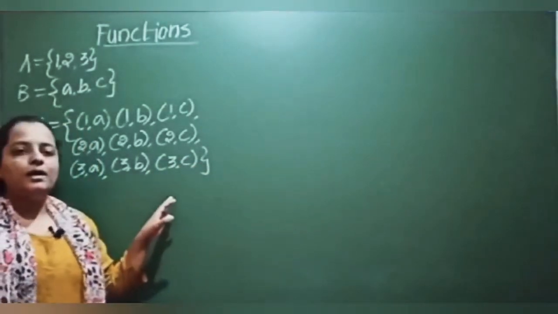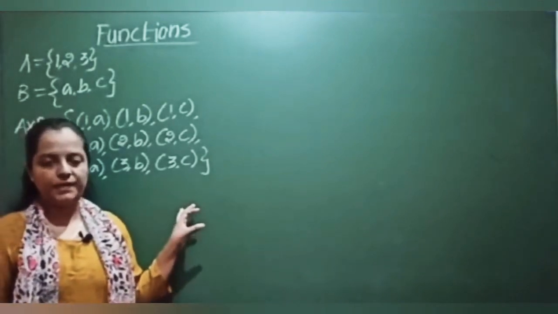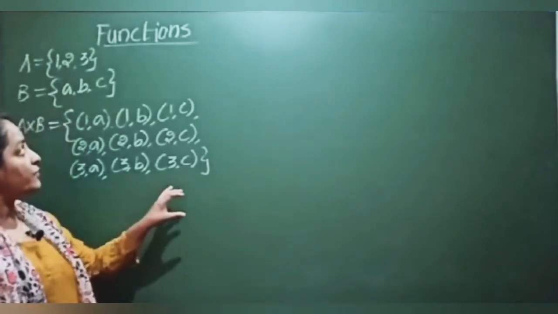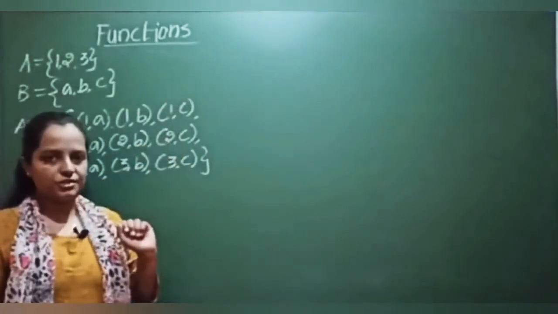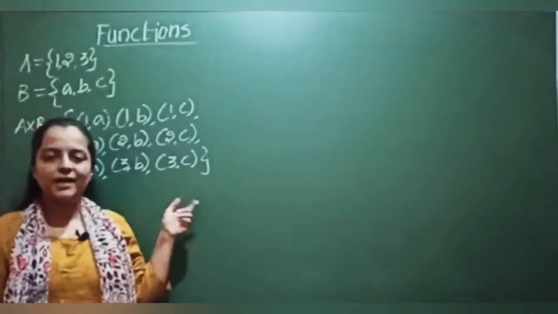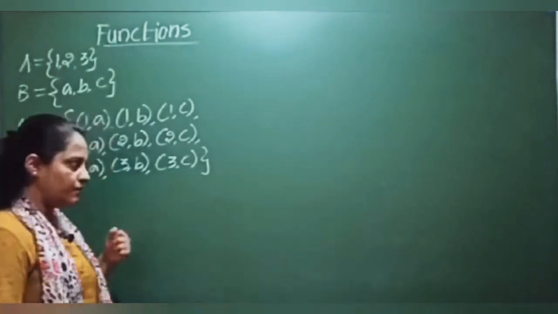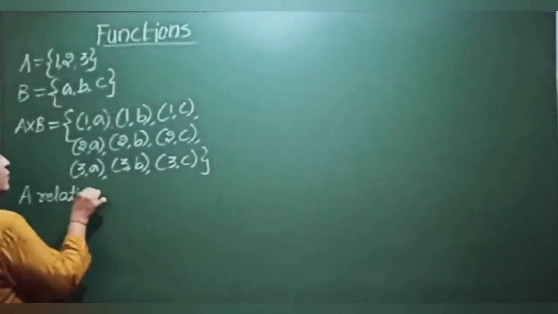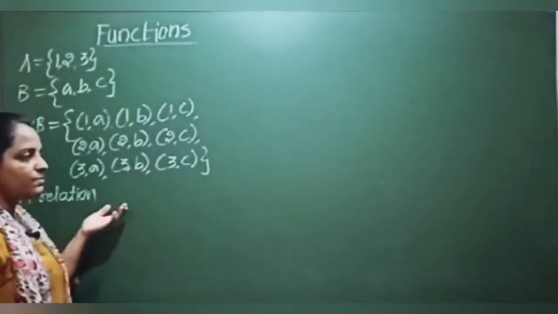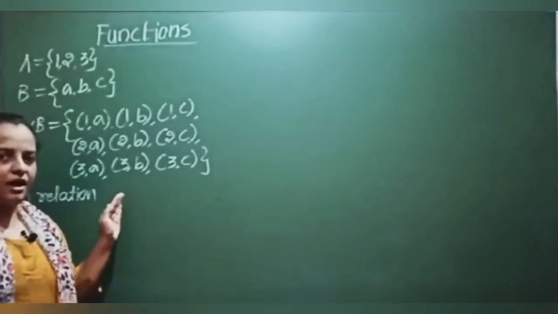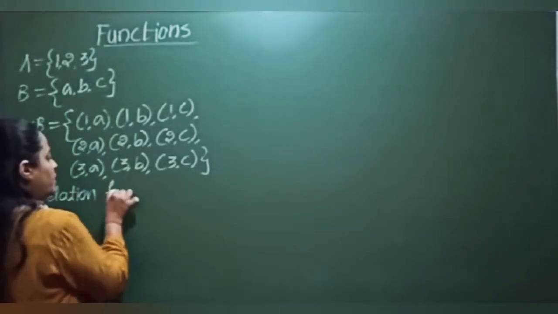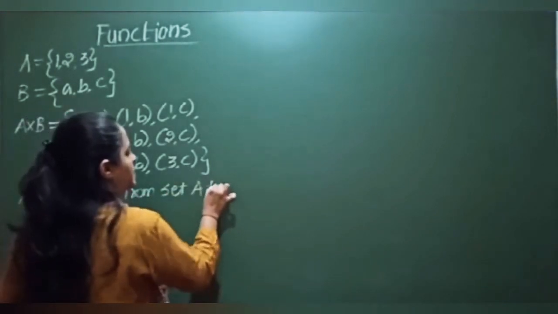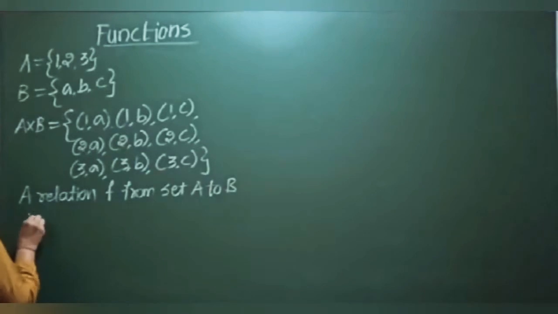I told you any subset of A cross B is called a relation, and we are going to learn a special type of relation, that is functions. So which types of special relations are we going to call functions, we'll see. A relation F, you can define a relation with R, or I am calling this one F because this relation is a function. A relation F from set A to set B is called a function